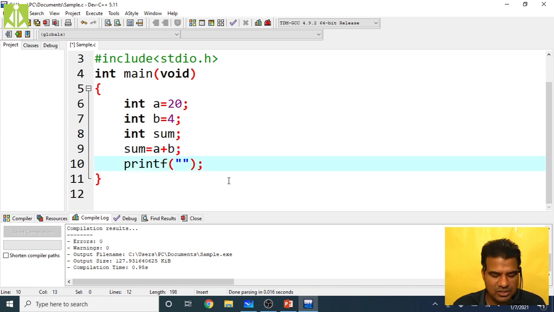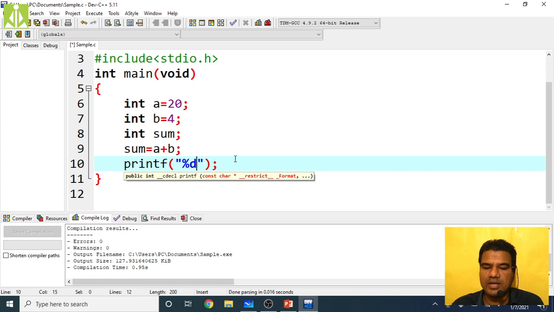So how can I print it? Simply put percent d over here. This is another concept. Why are we writing percent d inside double quotations? When it comes, we will discuss. It is too early to explain all those things, and even if I feed all of it here, you will not get anything.